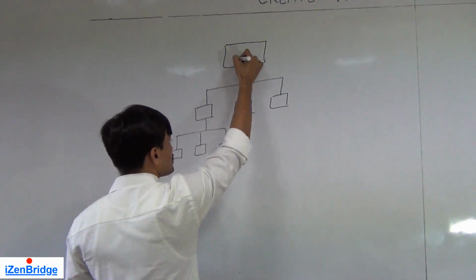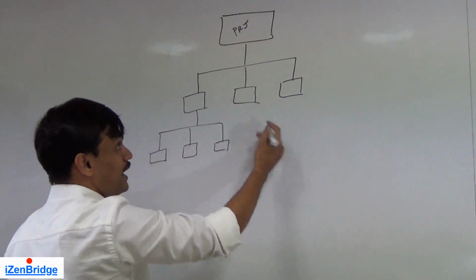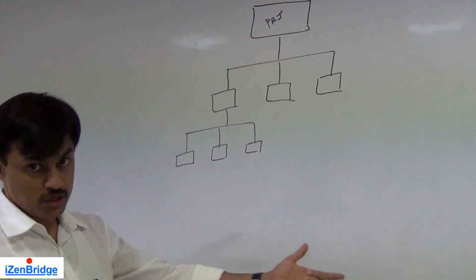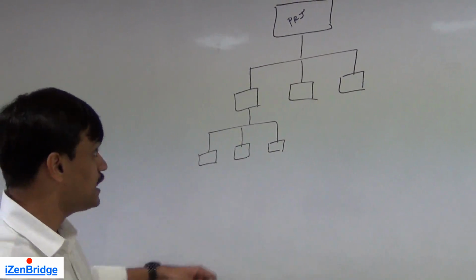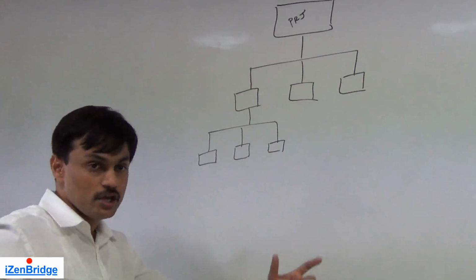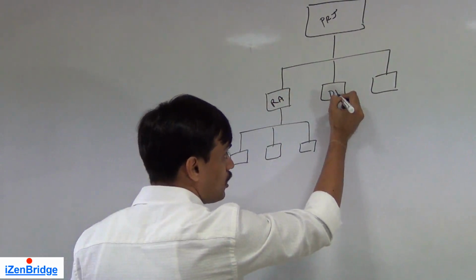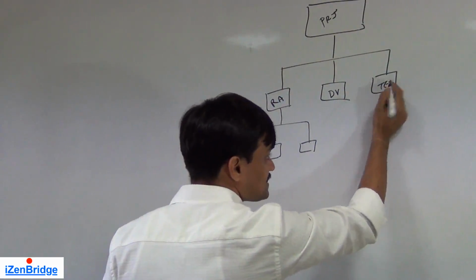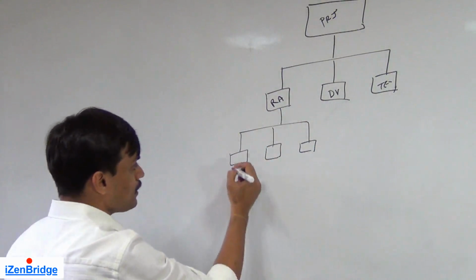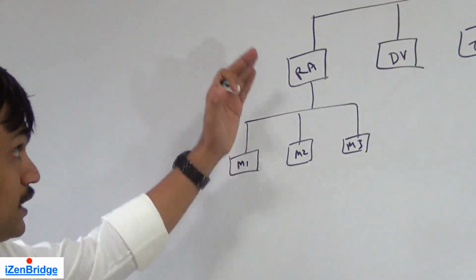So we may have a project. A work breakdown structure starts at the project level and we may subdivide into deliverables. Now, how do we subdivide it? There are various possible approaches. If we are following a phase-based approach, you will say that this is my complete project. Let us take an example of an IT project where you are creating a job site. You will say, okay, I will do a requirement analysis first, then design and development, and then test, etc. So these are phase-level divisions of the work breakdown structure. Inside requirements, you will have module 1, module 2, module 3. So that is how you can create a work breakdown structure.